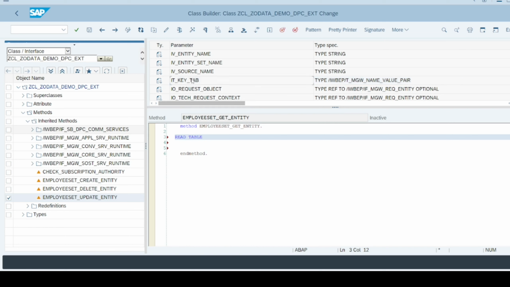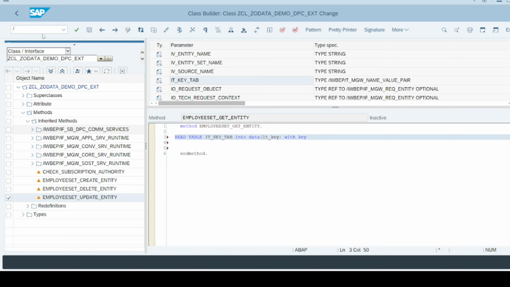I'm going to copy this. Read table IT key tab into data LT key with key, and key will be